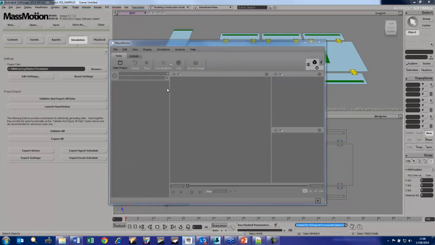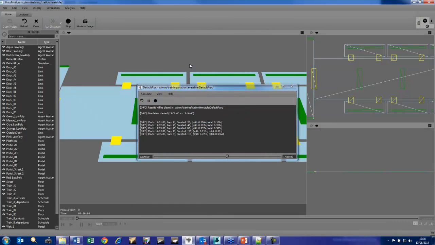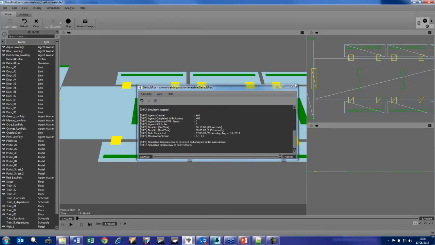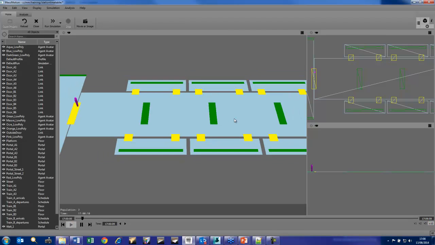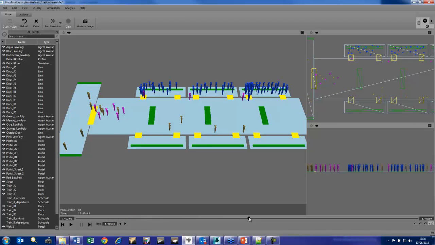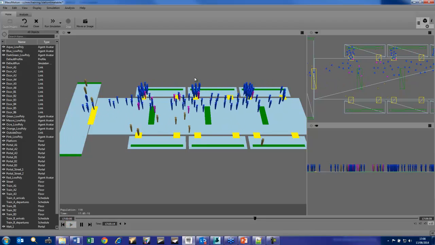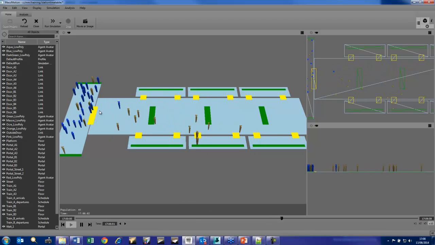Launch MassMotion. I'll run it in the background because GoToMeeting really slows down debug mode. Let's look at that and see. And everybody's going straight to the trains. That's not quite what we want. Do they arrive? So we do it again, coming out as well. Okay. Right, let's